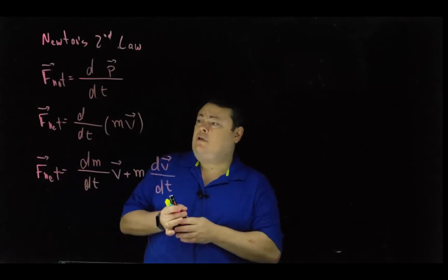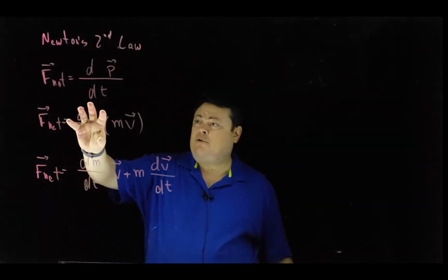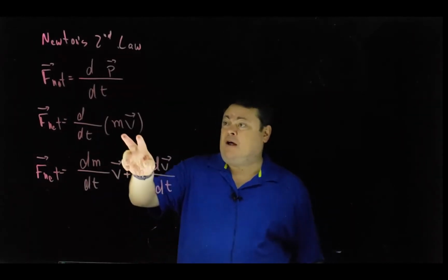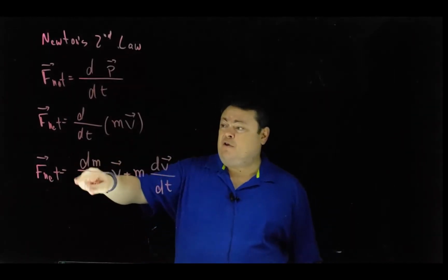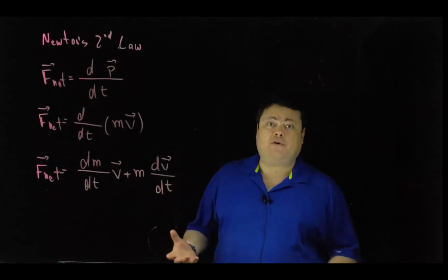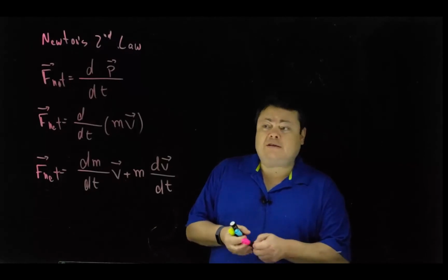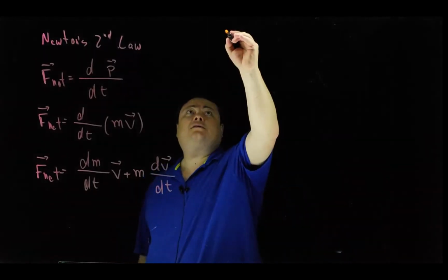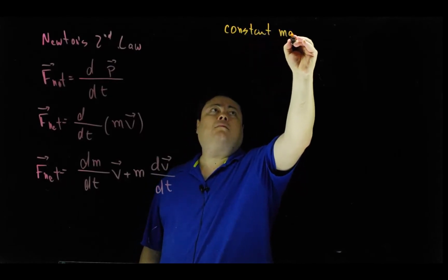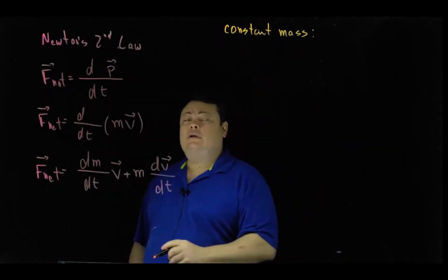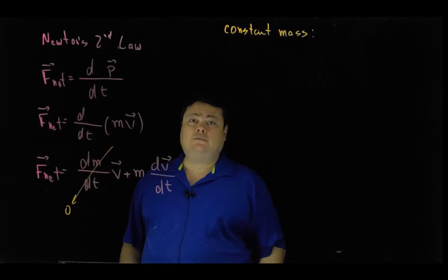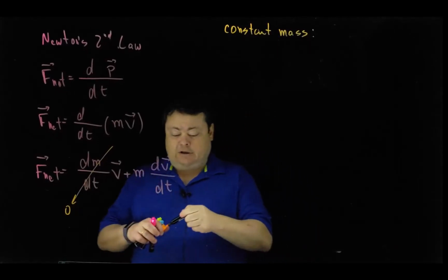So we have that net force is the time derivative of mass times velocity. Or, if I apply now the product rule, this will be the derivative of mass multiplied by velocity plus mass times the derivative of the velocity. If my system has a constant mass, then the derivative of mass with respect to time is going to be 0. And net force is reduced to